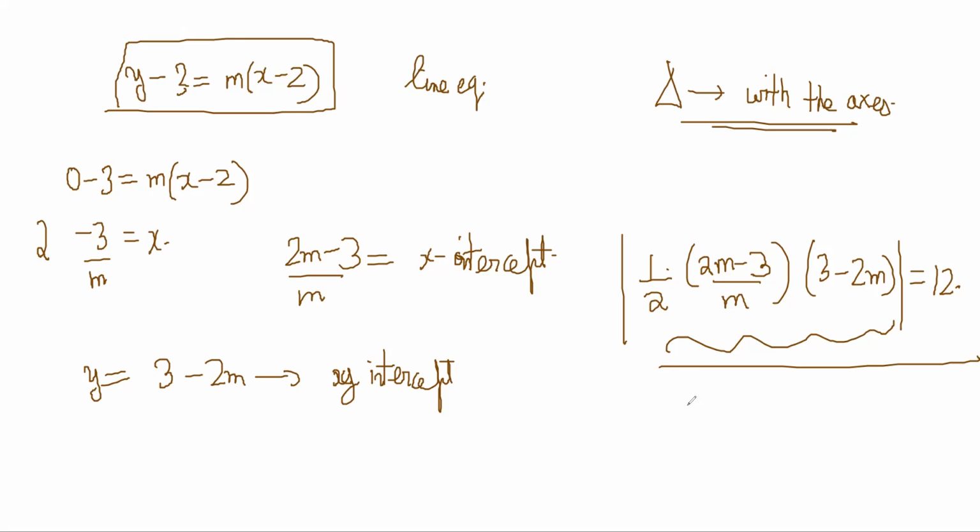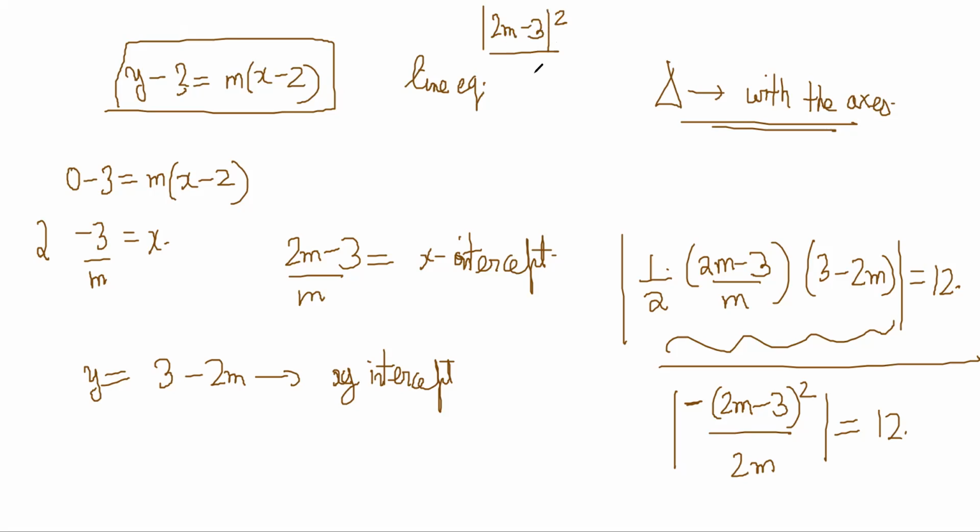So this is minus of (2m minus 3) whole square by 2m, mod of that is equal to 12, right? So minus goes out, doesn't matter. So you get (2m minus 3) whole square by mod of 2m, mod m, is equal to 12. So you get (2m minus 3) whole square is equal to 24m or minus 24m, and now